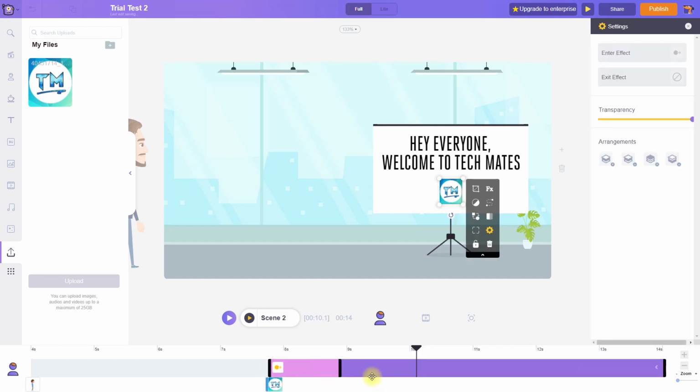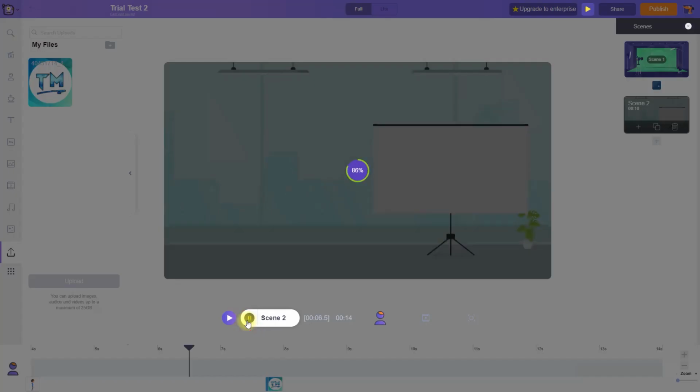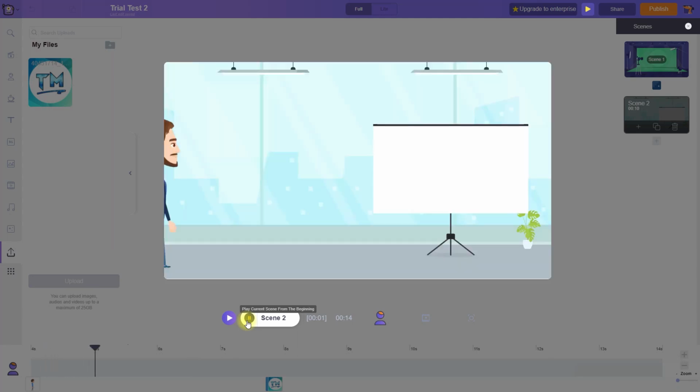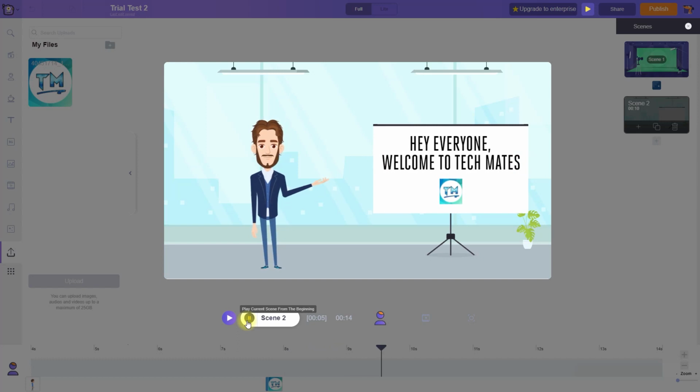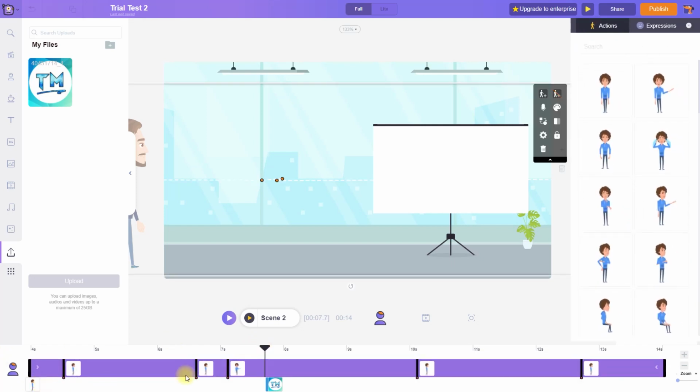Now I'll be shifting my elements over here because they are very far away from our character, because I want them to come when the character starts speaking. So let's play the scene and see the timings. I think overall Animaker has made it very difficult to navigate and efficiently use all of the features it has to offer. The timeline is very narrow, which means that you have to click on every element to adjust its timings. You can't see where one element is ending and where the other one is starting. So yeah, that's frustrating and time consuming.